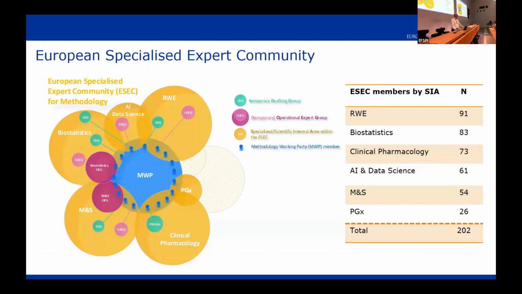And as an overview, we have a working party of 23 members, but importantly, we have the expert community around that core of the Methodology Working Party. And we're organized by special interest areas. And I do want to highlight this, because the strategic thinking behind getting the methodologies together is very much driven by the view that quite a few of the challenging problems and innovations we see in drug development require collaboration across those expertise areas. But we also need very good individual disciplines. So we have organized this expert community in the different disciplines.